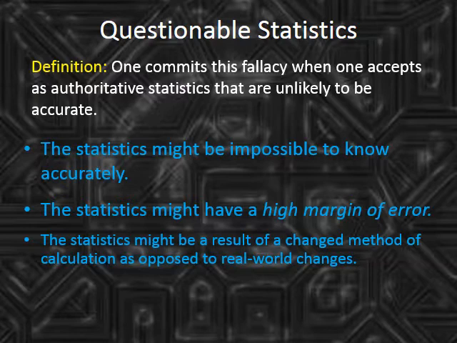Often changes in statistics might be the result of how those statistics are calculated instead of any real-world changes. Suppose that the government wants to show a drop in unemployment. One way to do this would be if unemployment actually dropped. But another way would be to redefine what it is to be unemployed. If you count people with just a couple hours of work a week as employed, and when you didn't last year, unemployment appears to drop.